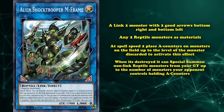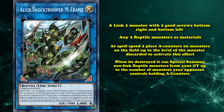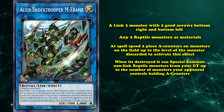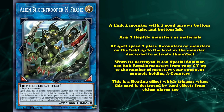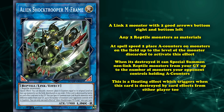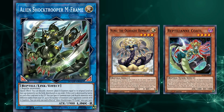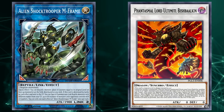When Alien Shocktrooper M-Frame is destroyed, it can special summon reptile monsters from the deck up to the number of monsters your opponent controls holding A counters. Not only is this an amazing floating effect, it triggers when this card is destroyed by card effects from either player too. Reptile combo decks would combine Ogdoadex, Reptilians, and Aliens to first summon Bishbulkin, who has the effect to